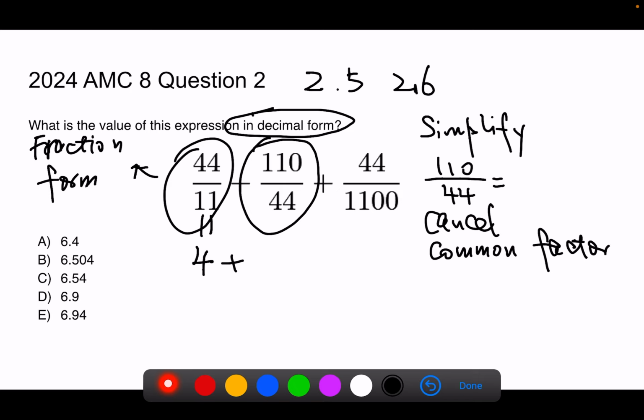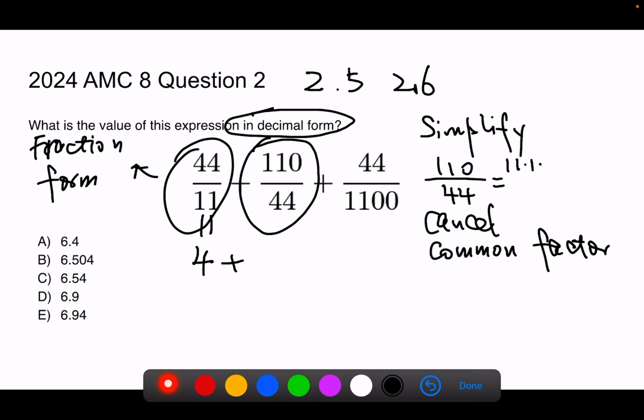So, for example, look at 110 and compare that with 44. Any common factor that comes to your mind? Well, 110 is apparently a multiple of 11, and 44 is also a multiple of 11. So what we do is we try to cancel this common term. Here I will go a little bit into the details. So